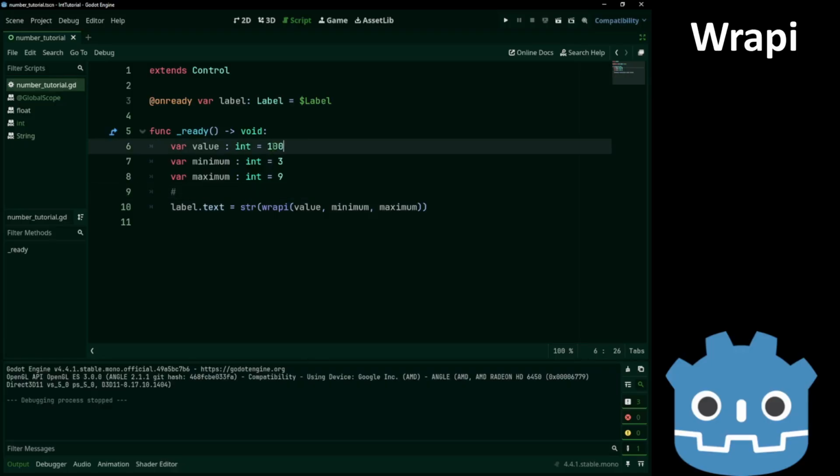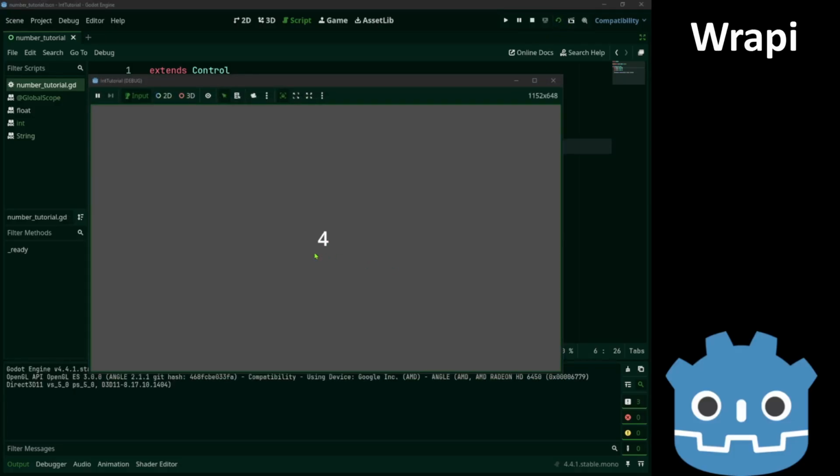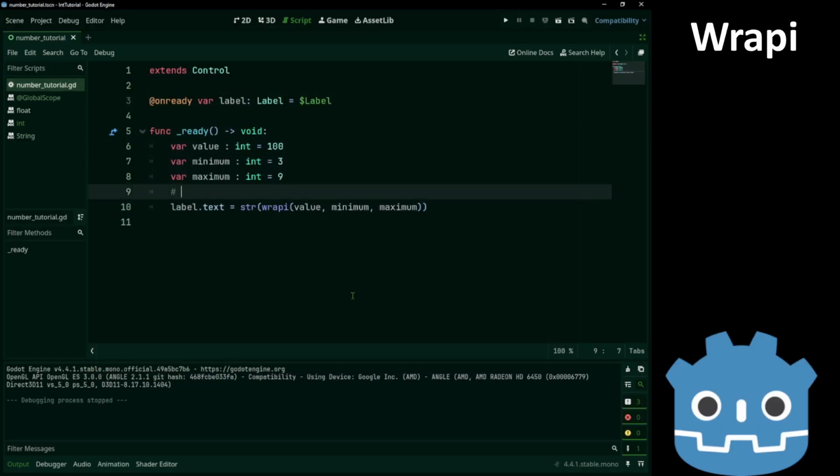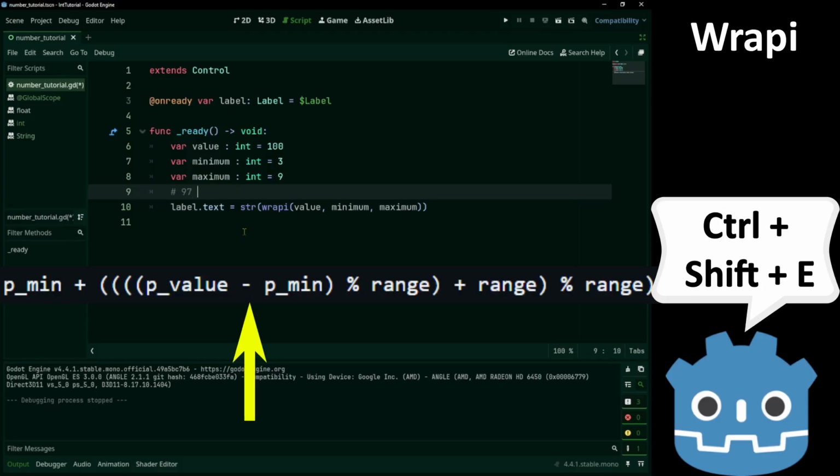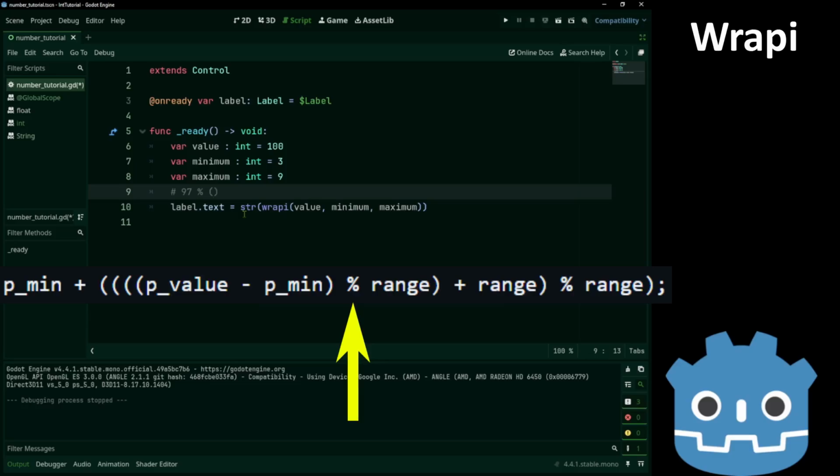Let's say we have 100. The result is 4. So we say 100 minus the minimum, and then mod the range. Our range is 9 minus 3, 6.